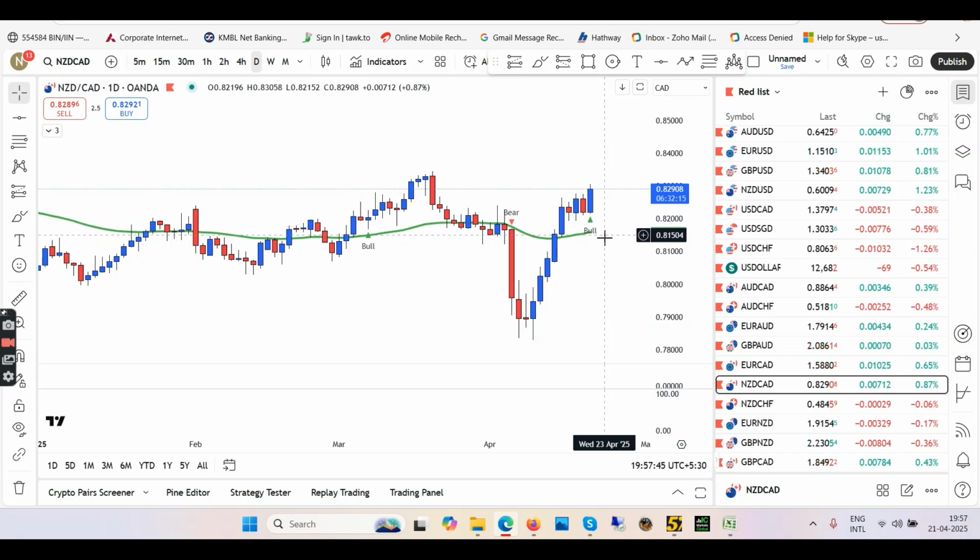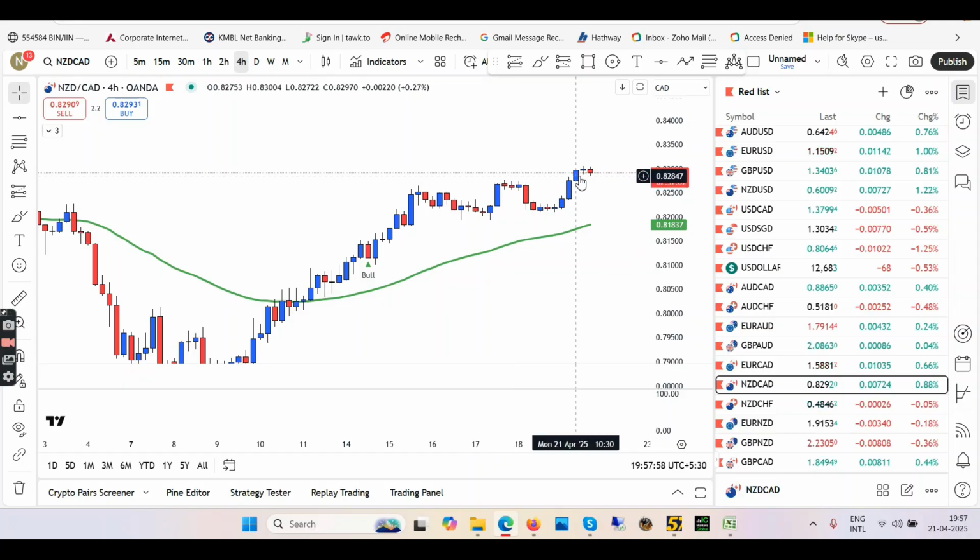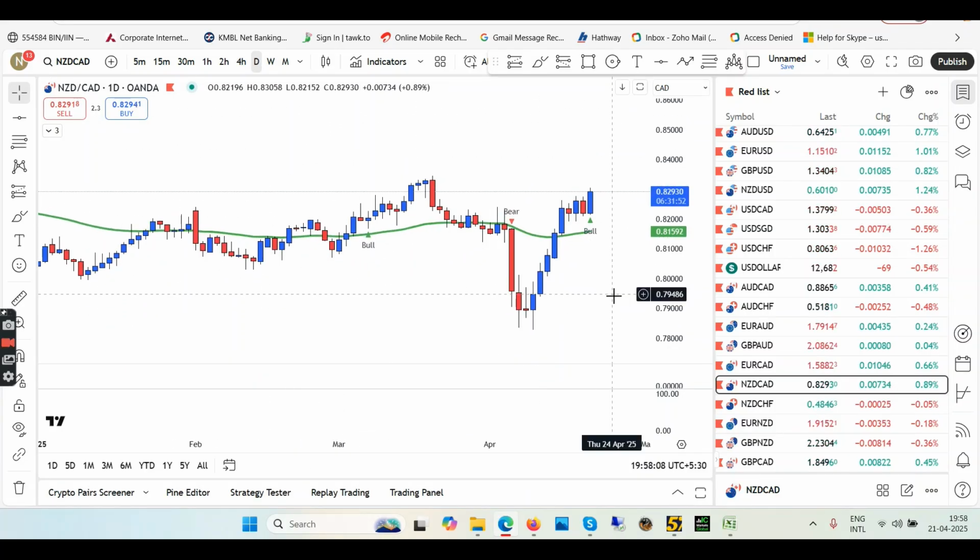Once I have a red candle pulling back and then we have a confirmation of a blue candle, then I will take an entry and I will go for like 200 pips or maybe 1:2. And you know how it works, right? So coming back to 4 hour, you can see we have a new high. The previous high is broken, and I am going to wait for this pullback. After the pullback, I'm going to enter with a 1:2 ratio. Cool, good to go, right? So again, the trend in NZDCAD is up. Look for buying opportunities after the pullback.